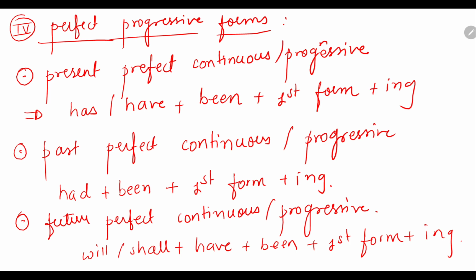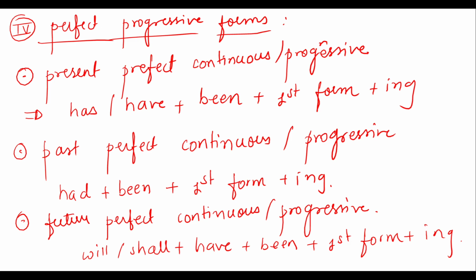The first form that we have studied was the simple forms. In simple forms we have studied simple present tense, simple past tense, simple future tense. Please take the screenshot of all the forms that I have mentioned here. In simple present tense the formula that we'll be using is first form plus s or es. In simple past tense the second form, and in simple future tense will or shall plus first form